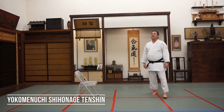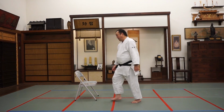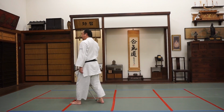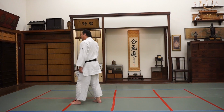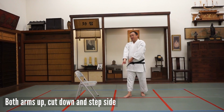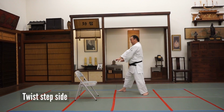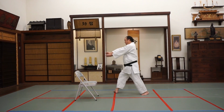Okay, so let's practice Yokomenuchi shihonage from tenshin movement. So from here, you're going to start here. The idea is you're trying to get away, evade your opponent. So from here, come up, cut. 45-degree angle, cut to the side. Then from here, I'm going to step, not towards my opponent, but forward. Forward,